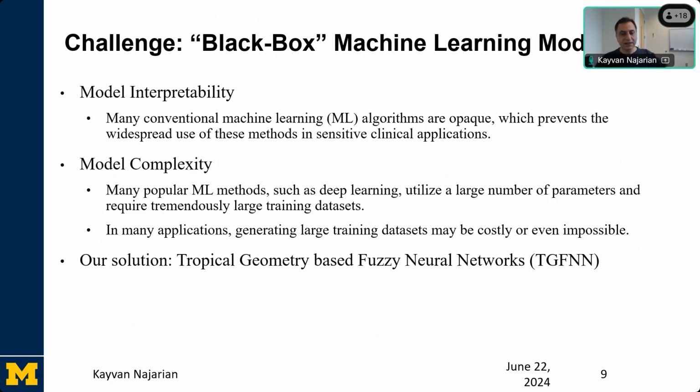I'm going to read the name for you, but it's a sort of bunch of buzzwords. It's called tropical geometry-based fuzzy neural networks. So let me start with neural networks. We're familiar with neural networks. They're essentially the core idea of most types of machine learning. Fuzzy neural networks are neural networks that can be interpreted in terms of rules, in terms of approximate rules. So far we are approaching what we want to do, but the problem was that